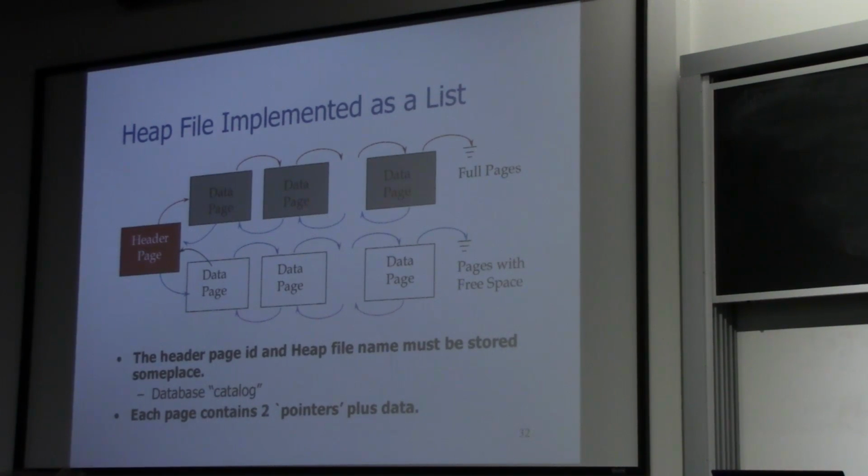The structure of it is that you're going to have a header page, denoted as that red color page over there. And you have 2 double linked lists of pages. The top list, denoted by gray color, is a linked list for data pages that are full of records. So each page contains a set of records, and they are full, meaning no more space for any more record